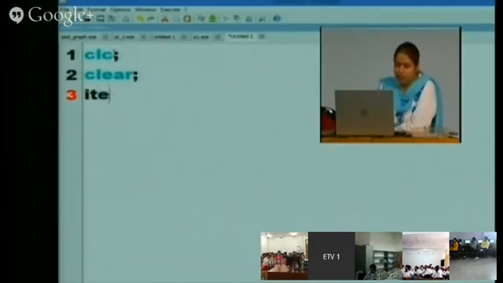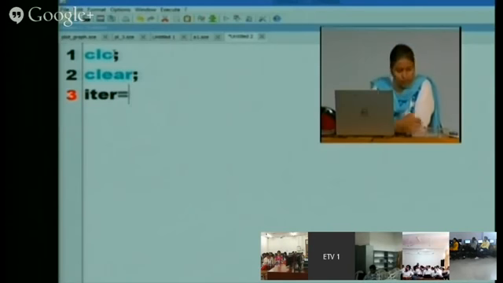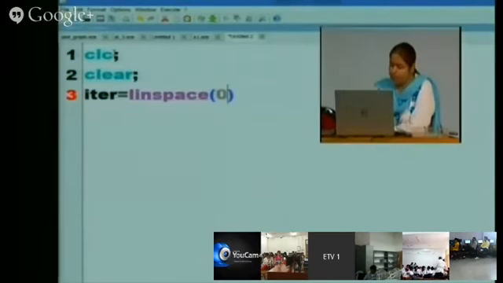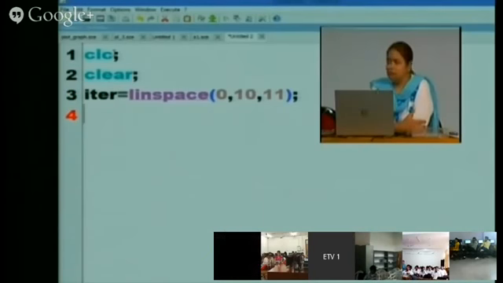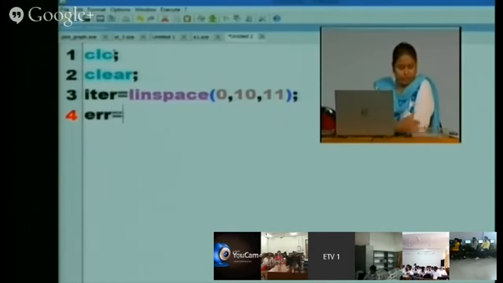I'm creating a variable iteration, iter, equals to linspace, zero comma, and error is equal to 10 raised to power minus iteration.